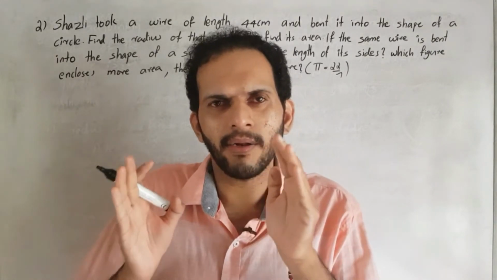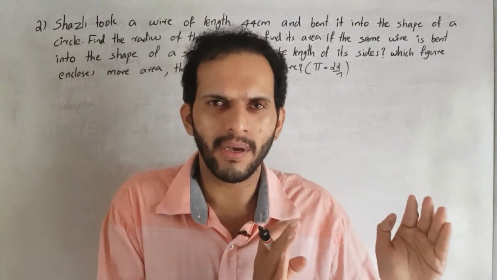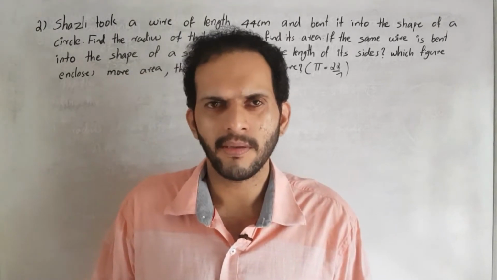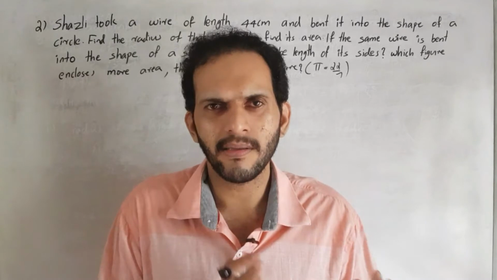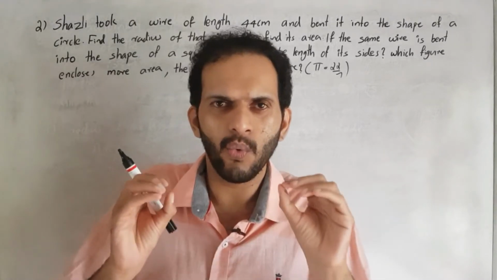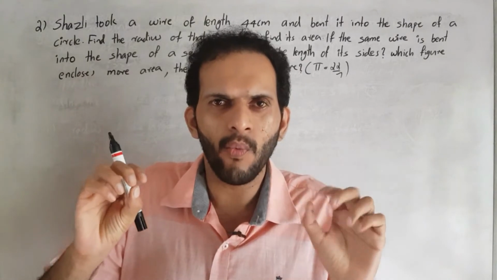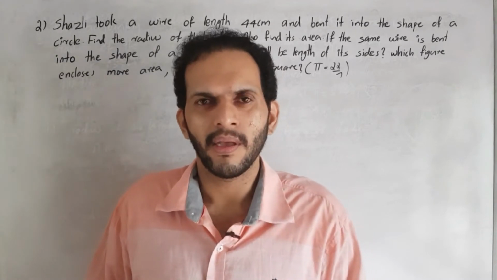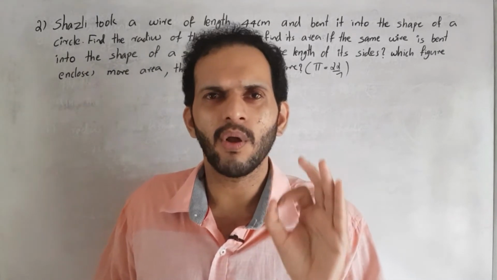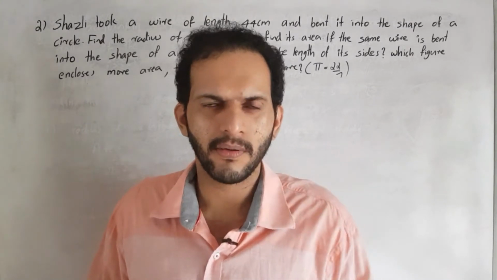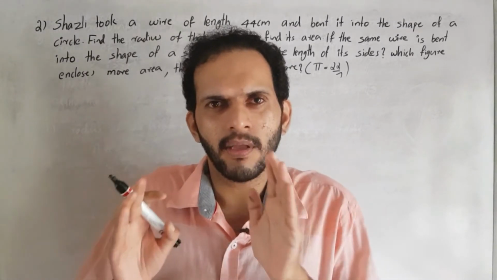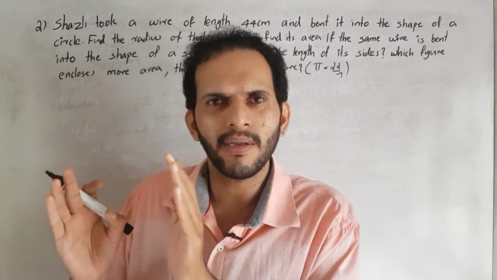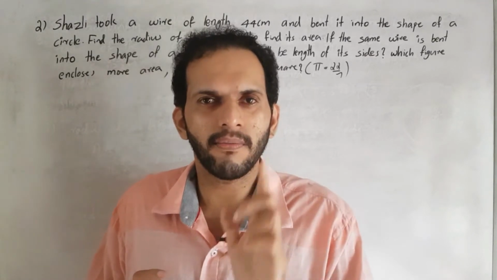Then what is the idea in this type of question? We use the wire and form the two figures. One is a square and the other one is a circle. Then what is equal there? Yes, is it very clear? We already discussed this type of question. If we use one wire to form one or more figures, in all the cases the length of the wire is equal to the perimeter of the figures. So in all the cases the perimeters are equal. That means all the figures' perimeter is equal to the length of the wire.